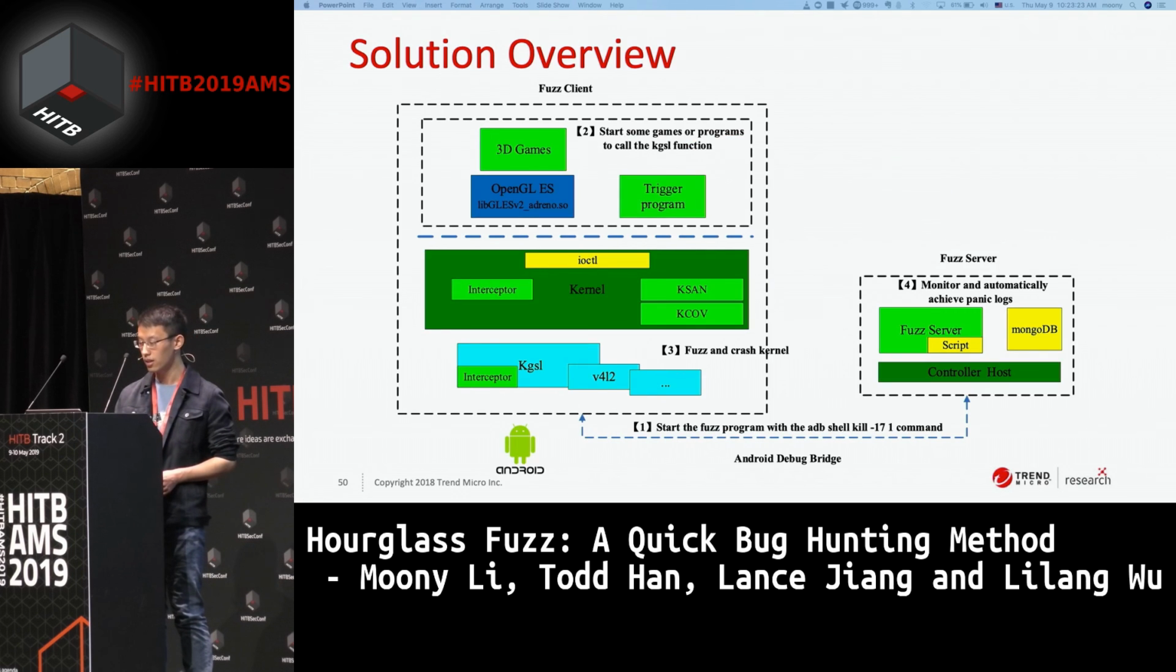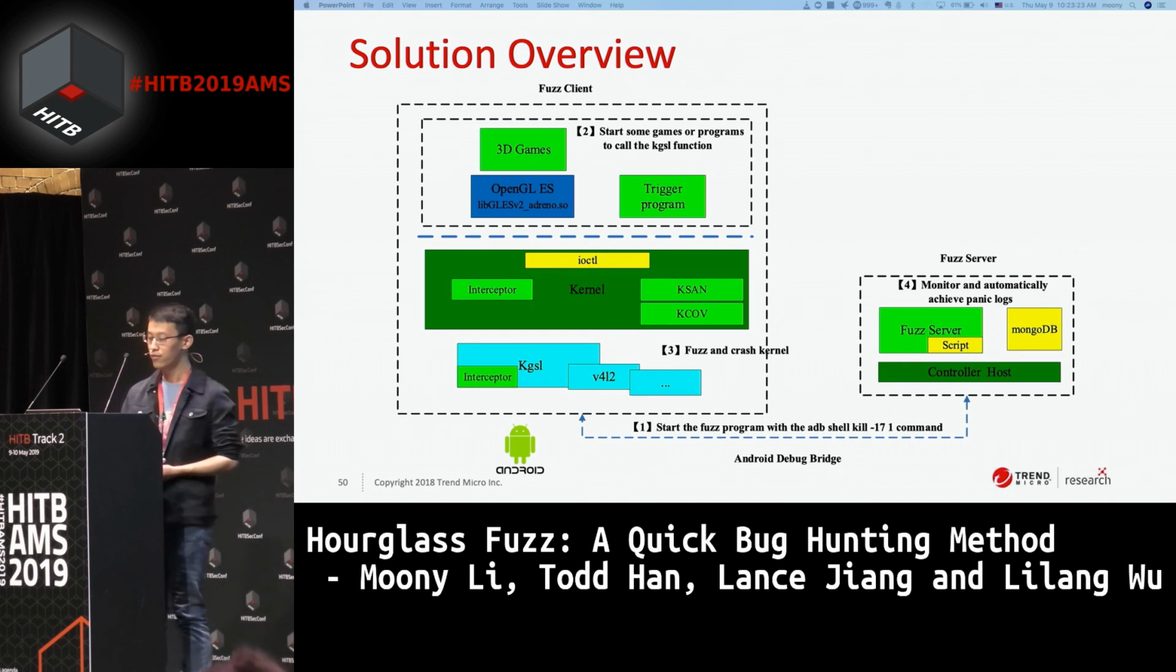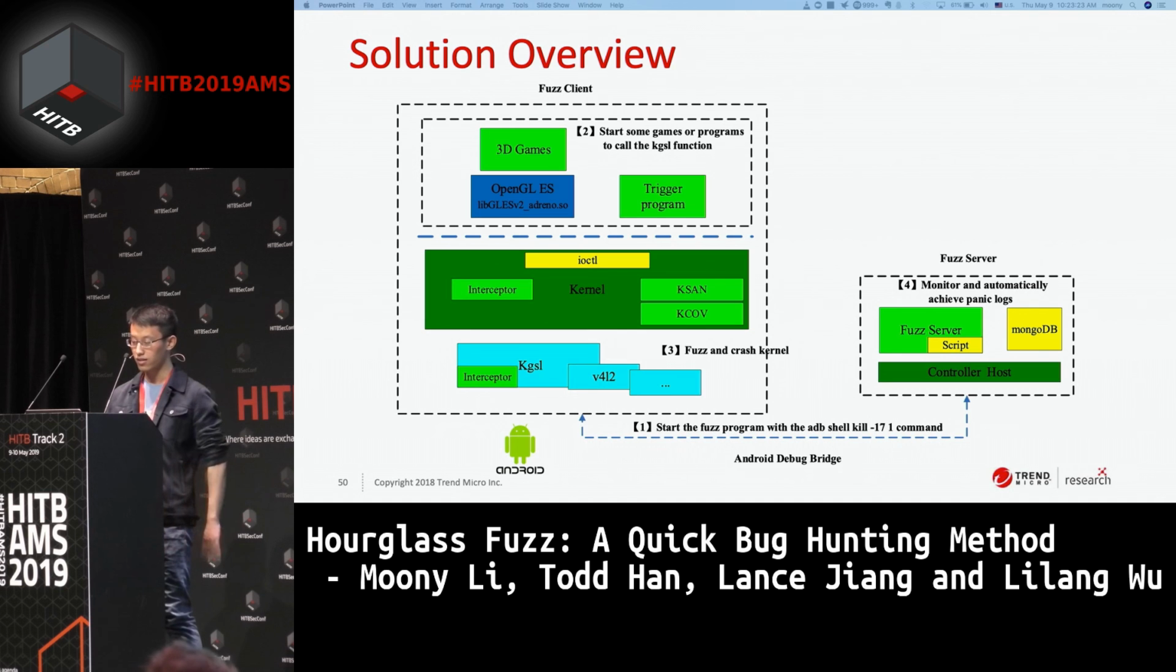The whole kernel space fuzz framework is shown in the figure. It uses the CS mode, communicating through the Android Debug Bridge. The whole process is divided into 4 steps. Firstly, start the fuzz program with the HITB show kill 17.1